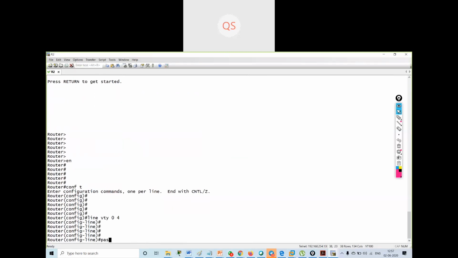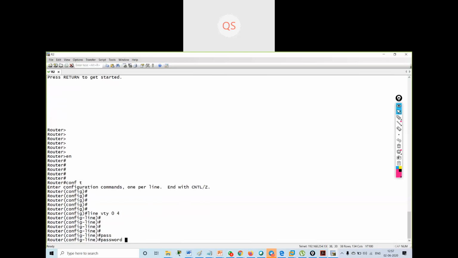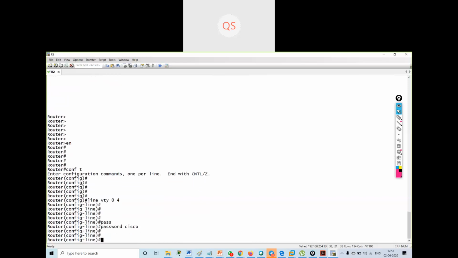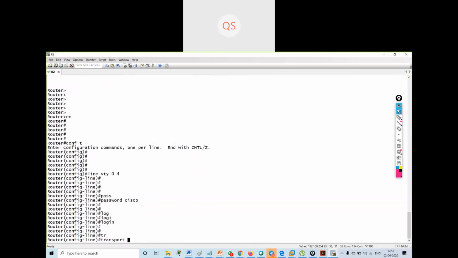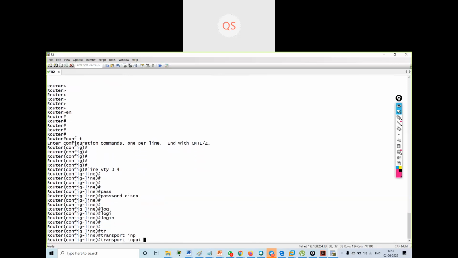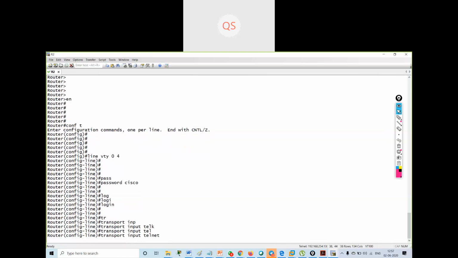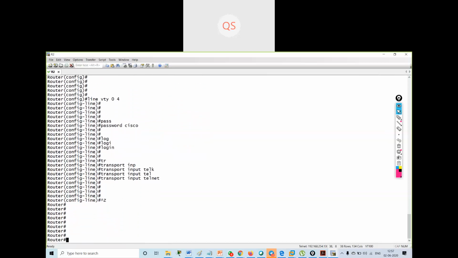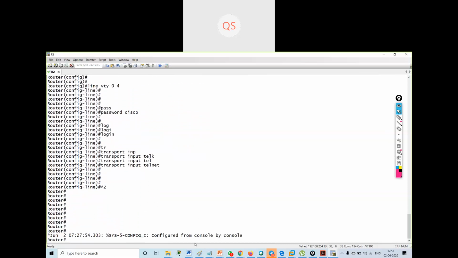If I want to use telnet, the password will be Cisco at the time of login, and transport input telnet. Okay, I have configured telnet on my ISP's router.